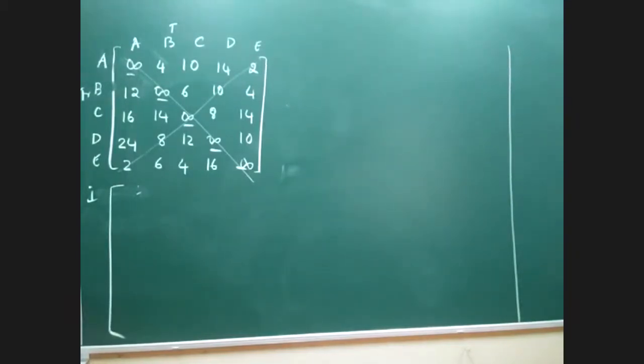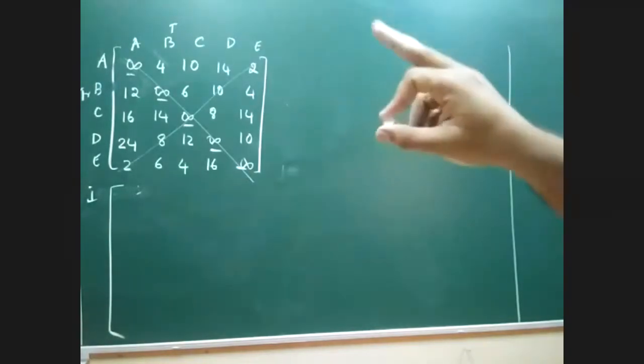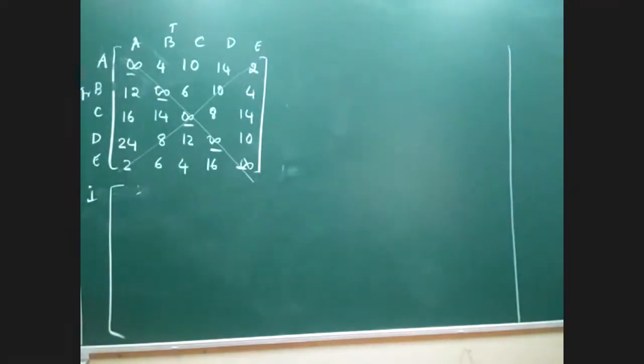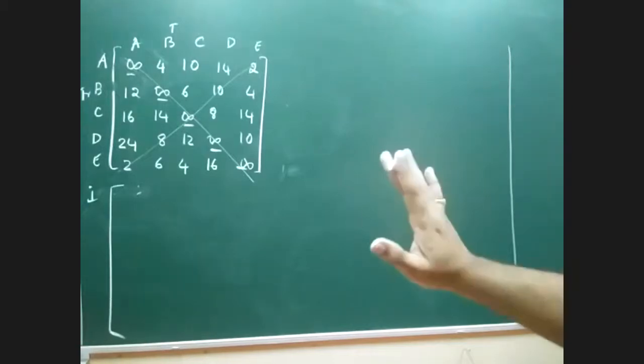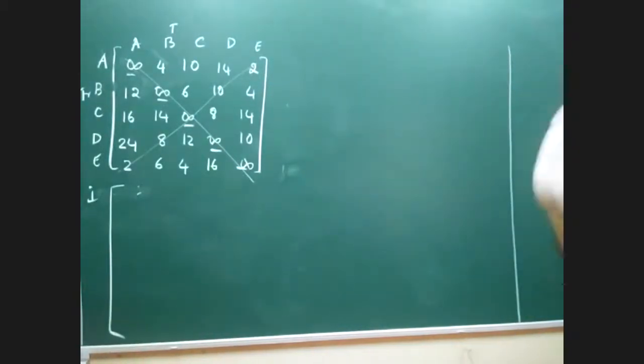Alright, all the calculations are done only considering the remaining values of the matrix, not on infinity. Have you all understood this step? So infinity is like an untouchable value here, an untouchable element. We do not touch it, it stays the same till the end. Okay, we are not touching that, right?